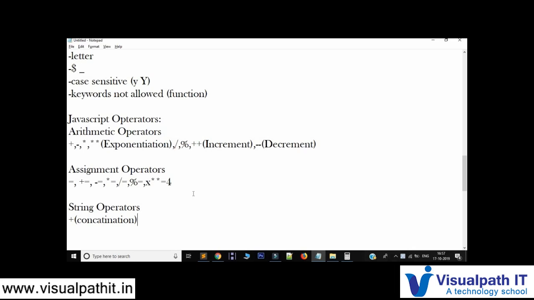So I think we saw this in prompt, right? So we just said hello and then Ram, something like that. So that's where we concat two strings or two numbers or something like that. So when we use this in place of two numbers, it will add. But when we use it with variables like string, or string and number, something like that, it will always concat them or join them.